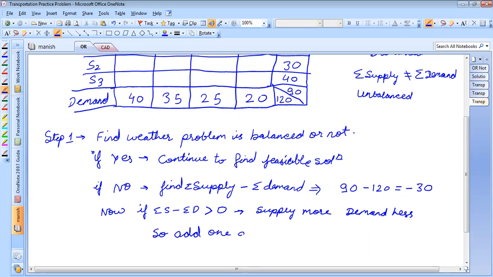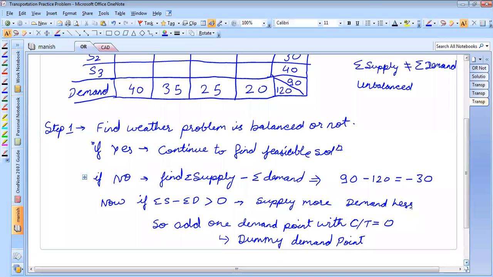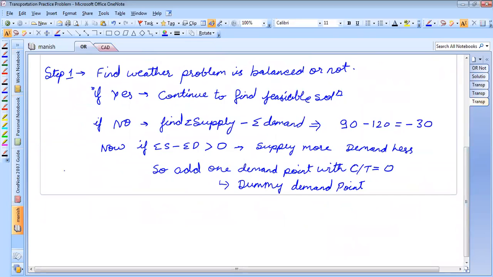So add one demand point with cost of transportation equal to 0. This is called dummy demand point. Okay. Now our problem does not fit in this. So our problem fit in else